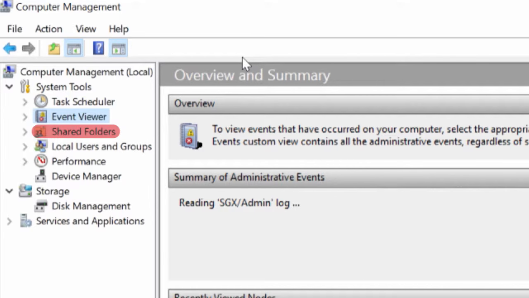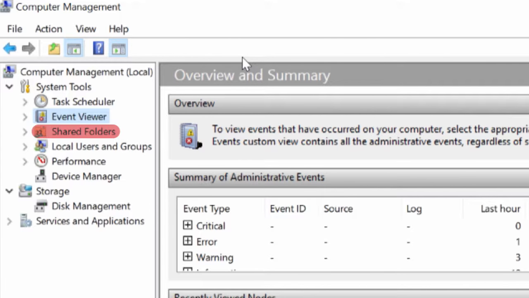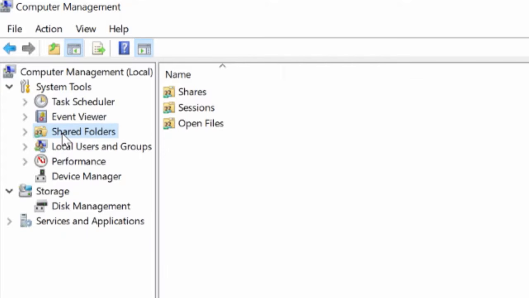Shared Folders. This shows the folders that different users on the machine share with each other. Remember how we said that other users can't view anyone else's files? That's not exactly true. If users store files on a shared folder, anyone who has access to that folder can view it. Local users and groups. This is where we'll be doing our user and group management.